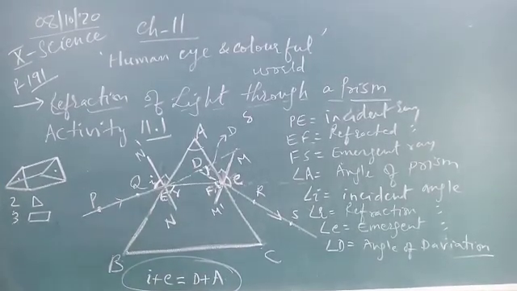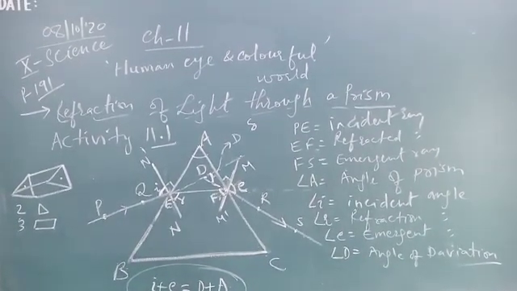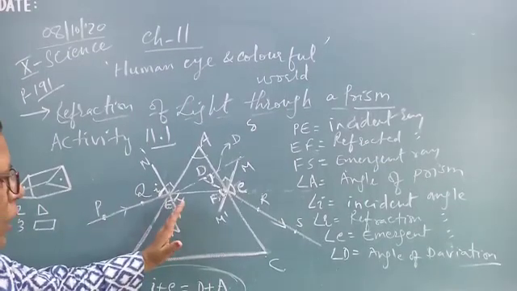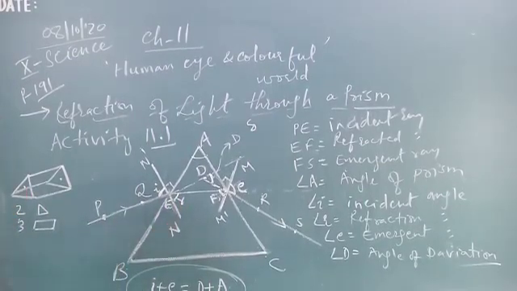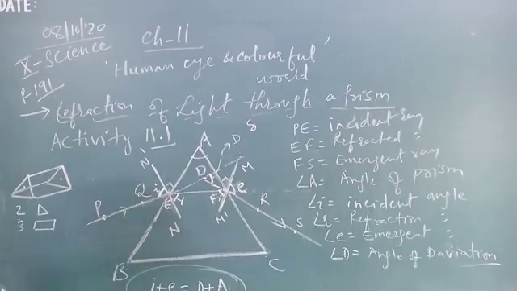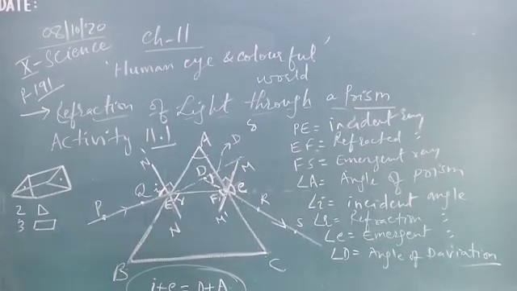Now from this activity, what do you prove? From this activity we can prove the laws of refraction. The laws of refraction mean the incident ray, refracted ray and normal lie in the same plane. Then the angle of incidence and angle of refraction are in different media: this is in air, this is in glass. Is it clear? So today you have to write this activity; it may be asked for 4 marks, the most important question. Tomorrow we will proceed further.